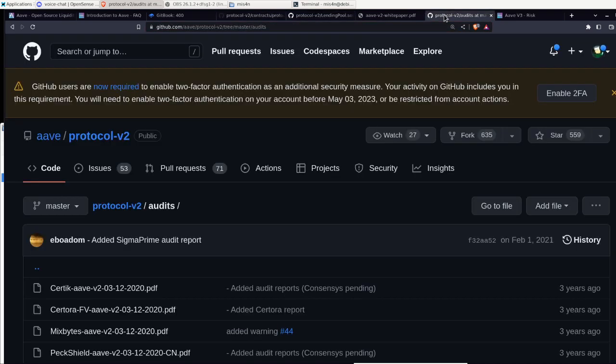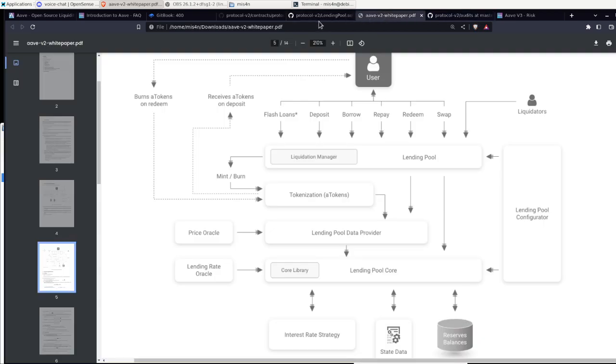Let's go to, now. What I want to see is the flash loan function, and I want to see how the flash loan connects with the data provider to create the repay mechanism.